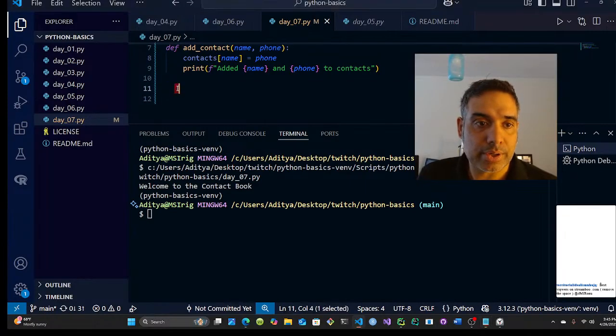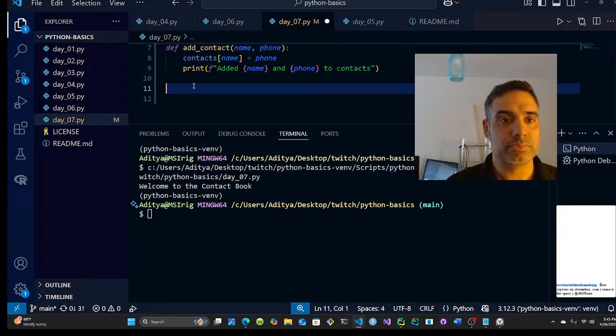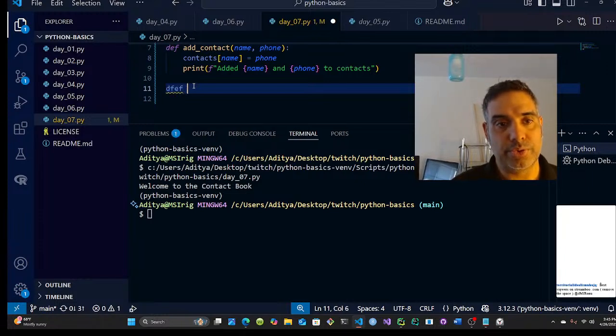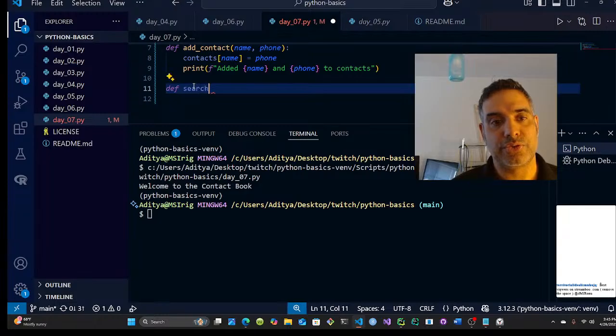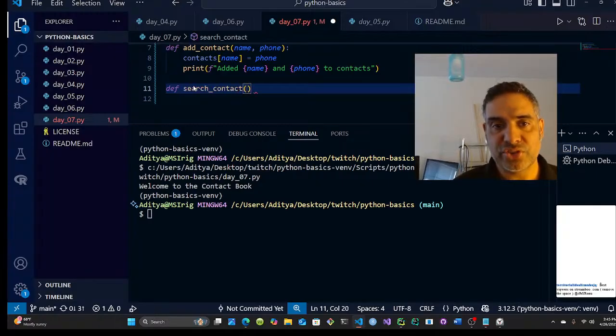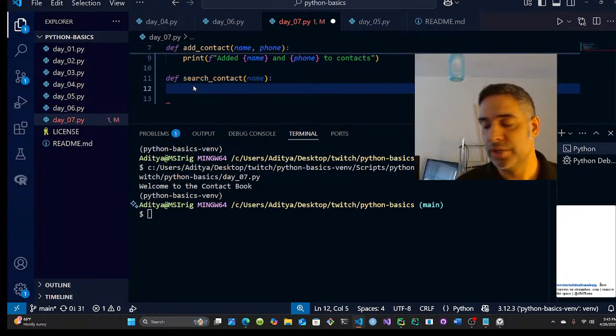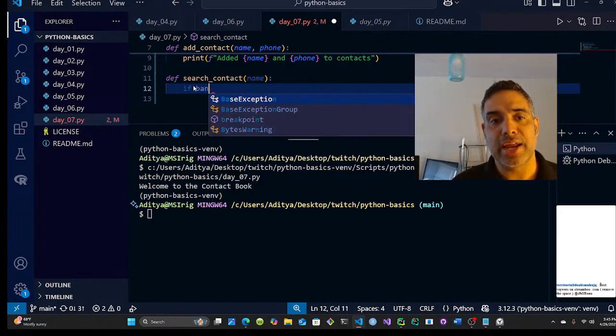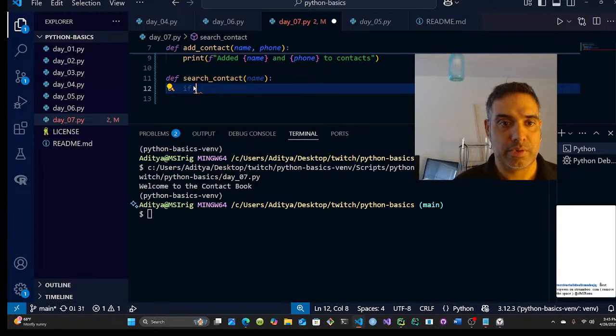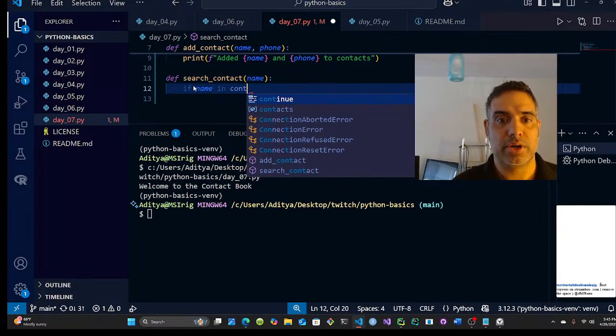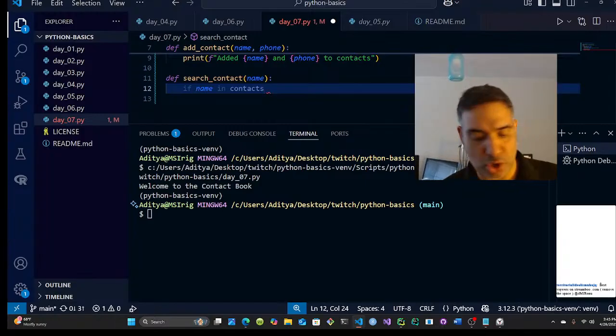Let's write another one. Let's do def search contact. So if you want to search a contact, we would just put in the name, right? That would be sufficient. And basically we're going to say, hey, if name in contacts, which is the dictionary up top, if you remember,